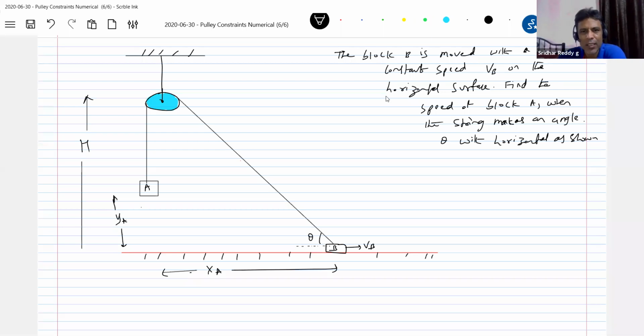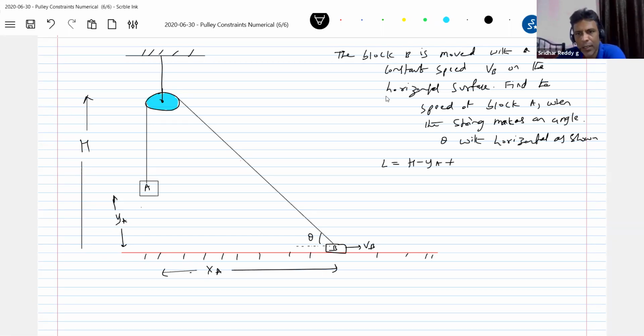Overall length of the string remains constant, will agree? The overall length of the string should remain constant. The length of the rope should remain constant. So what is the length of the rope? We'll define first. The length of the rope should be equal to H minus YA